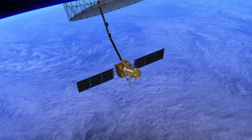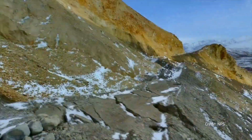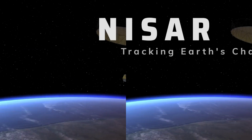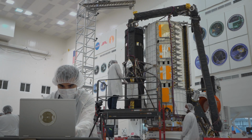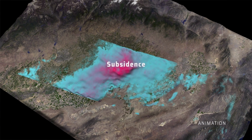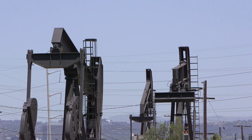With NISAR, we're tracking the changes of the solid Earth and how it's moving, ecosystems, ice cover, and any other thing that's changing at the scale of a centimeter on the Earth in a way that we've never been able to see before. Because of these very subtle motions we can measure, we're able to understand what's happening below the surface of the Earth at great precision. We can see subsidence, and that allows us then to manage resources of what's happening below